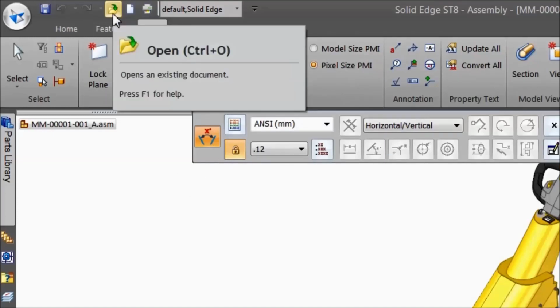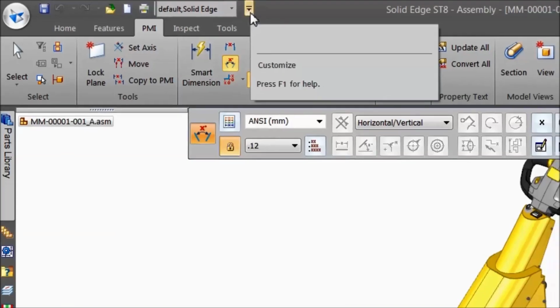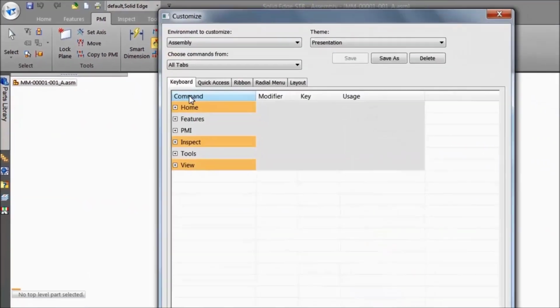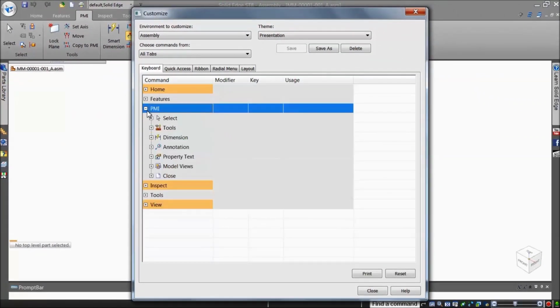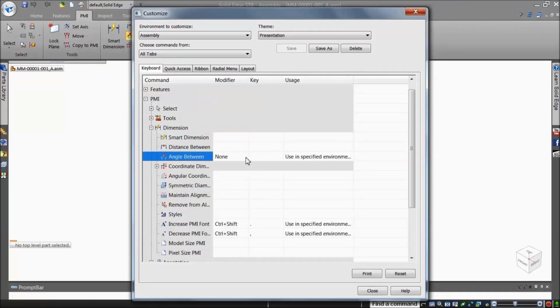For commands that do not have a keyboard shortcut, you can assign one easily. Let's take a look. To assign a shortcut, Shift-A, to the angle between command, click the Customize button on the Quick Access toolbar and select Customize from the menu. In the Customize dialog, navigate to the Angle Between command in the tree and pick the Shift modifier for the